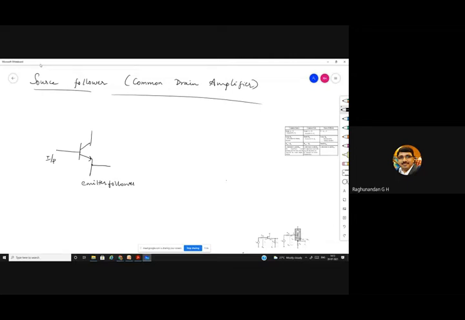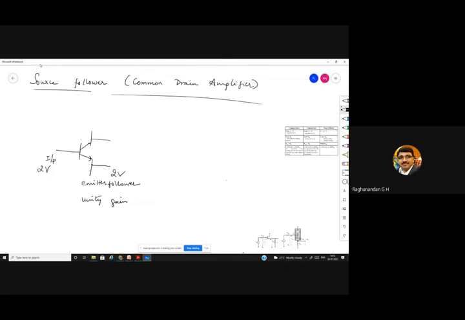So here it will be having unity gain. Unity gain means it will not add any gain. Whatever it is there, that it is going to maintain. So if you are having 2 volt at the input, you will get 2 volt at the output. But for the same CE, if you take across the collector, it will be the amplified version of the input. That's why in BJT, we will take the output across the collector, not across the emitter.